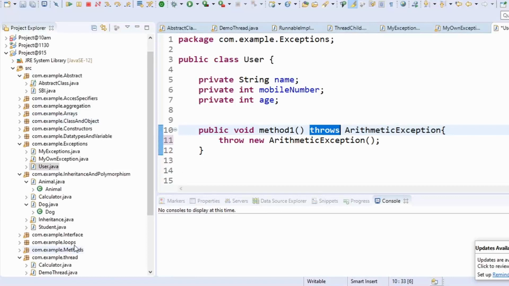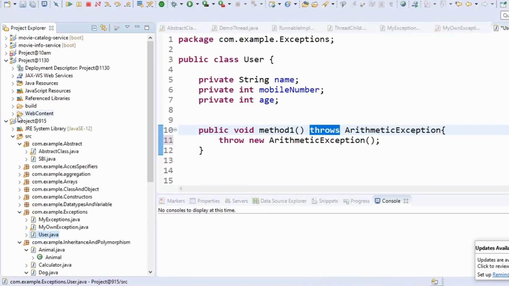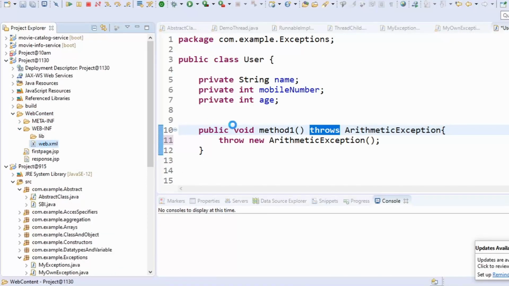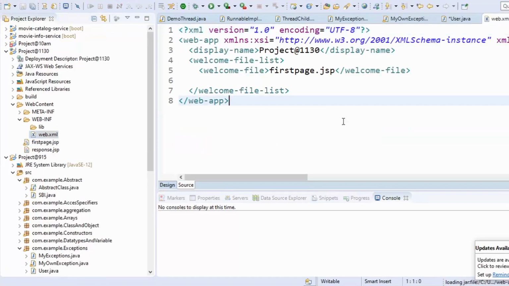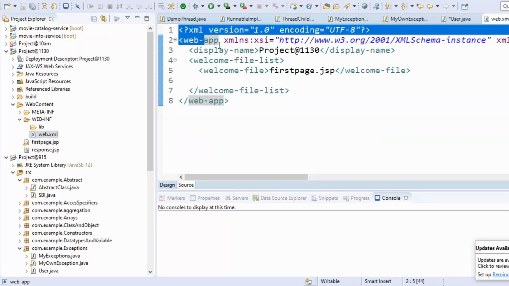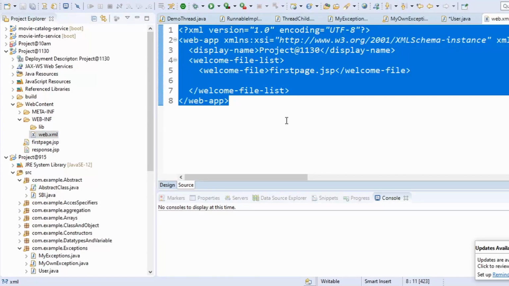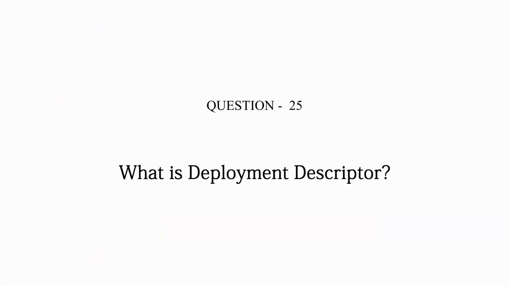So if you go to the web content part in this, generally in the WEB-INF you will be seeing a web.xml file. In this web.xml file, what do we have? You can see that this is the deployment descriptor file. This is your deployment descriptor file in any servlet application. The web.xml defines what will be the index file, what will be the first page, of course, and after that this file itself will be telling where exactly the request has to go to get processed. That means it will be redirecting the request to the respective servlet. So that is what your deployment descriptor is.